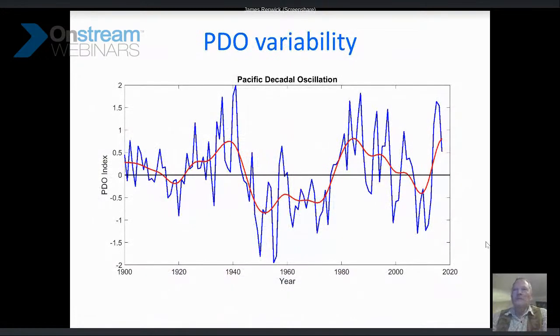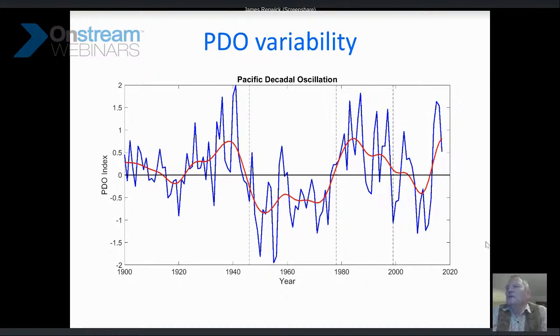So what we see is, from year to year, it's relatively noisy, but if you smooth those numbers and look at the longer term variations, this is why it's called a decadal oscillation. You see quite long periods of almost all negative values and quite long periods of positive values. And if you look at the timing, from the late 1940s until the late 1970s, we were in a negative PDO period. And the last 20 odd years of the 20th century were positive PDO. And then since the turn of this century, it's been mostly negative, although it's sort of jumped around quite a